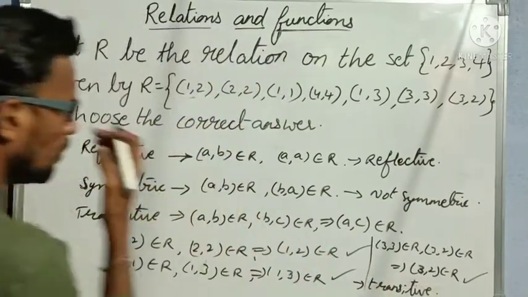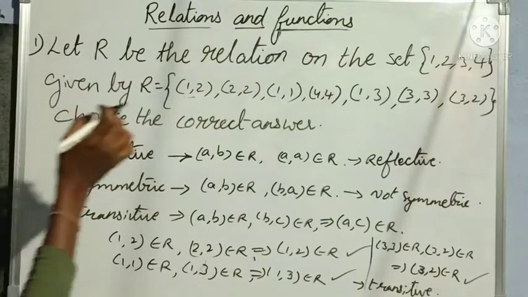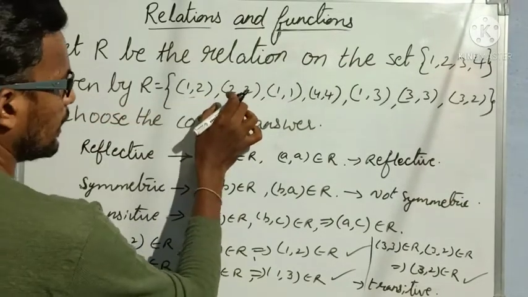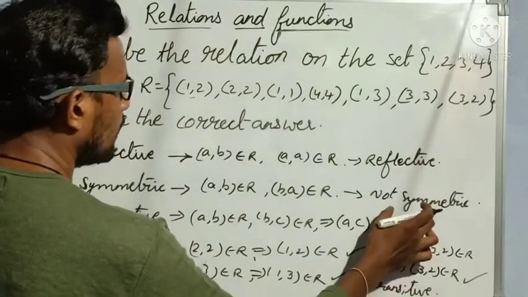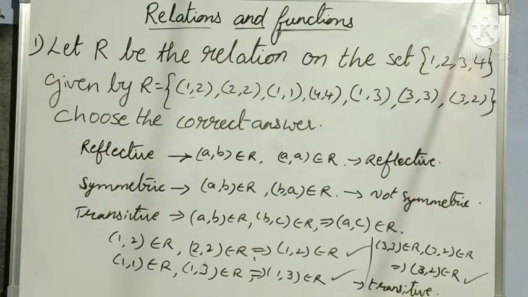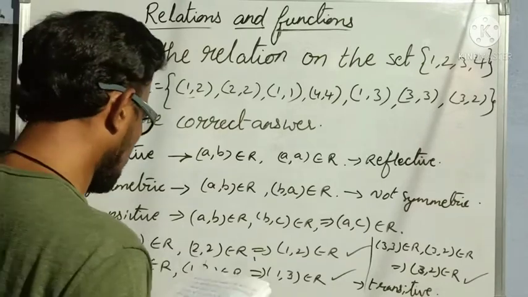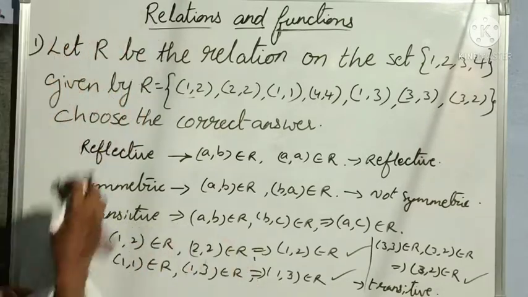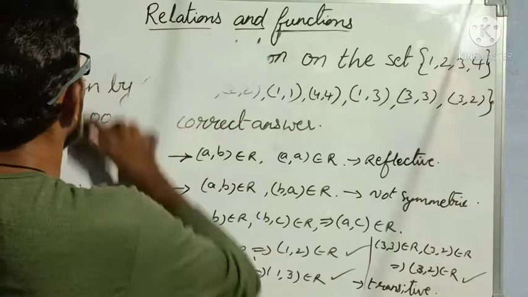Now we can say that our given relation is reflexive and transitive but not symmetric. Which option is that? Already I have written the options in the question; that is option 2: R is reflexive and transitive but not symmetric. This is the solution of our first problem. I hope everybody understood the first problem. Now let us move to our next problem, the second question.